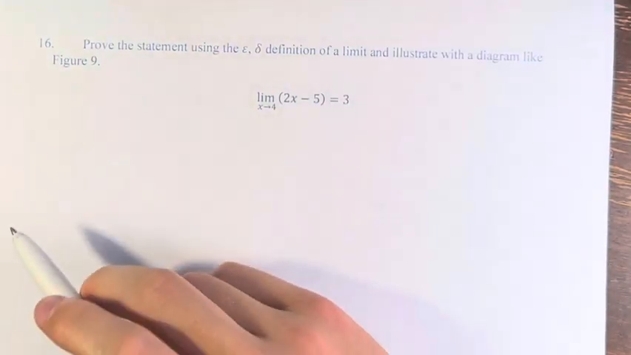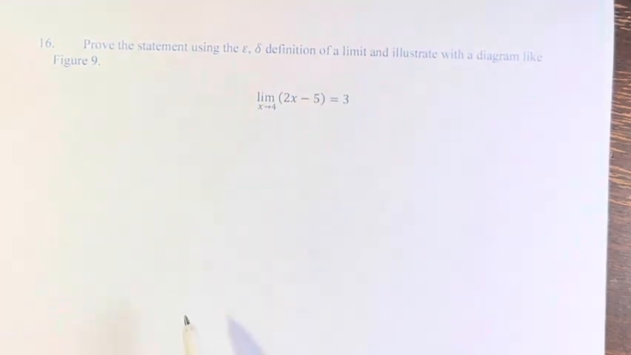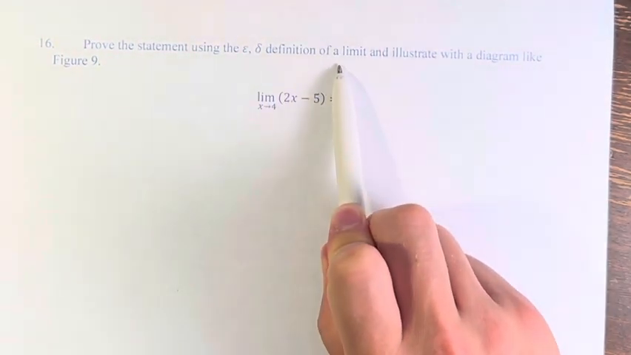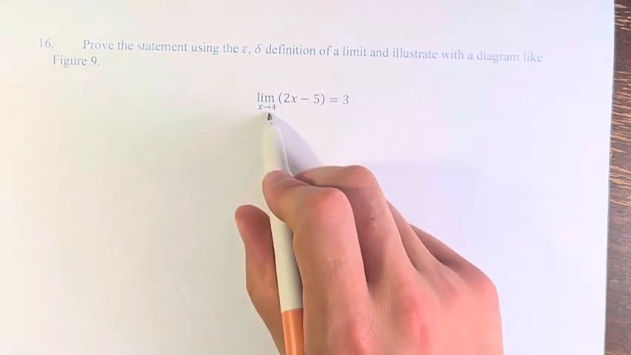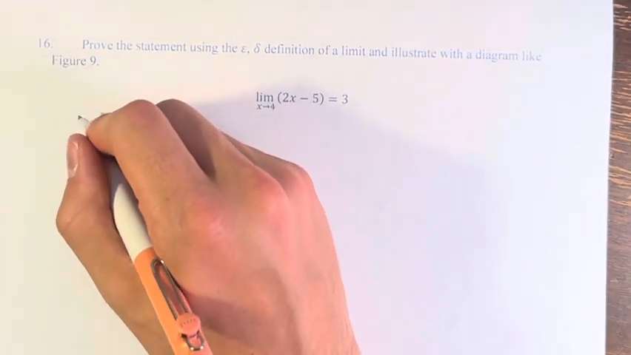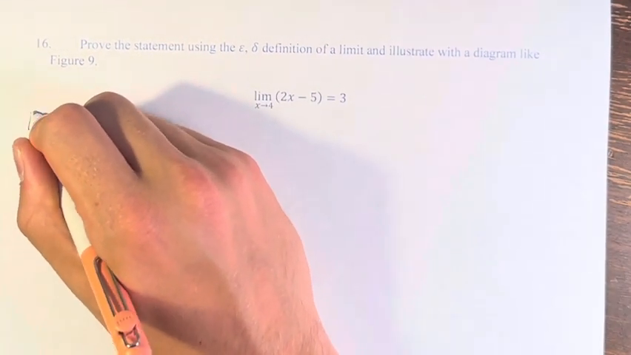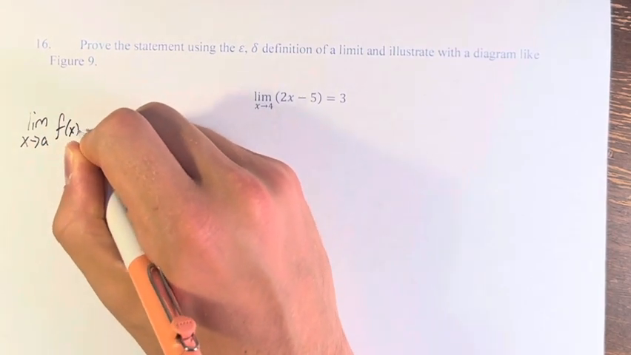In this problem, we're asked to prove the statement that the limit as x approaches 4 of 2x minus 5 is equal to 3 using the formal definition of a limit and by illustrating with a diagram. So if we have here the limit as x approaches 4, we are going to write this in terms of the precise definition of a limit, which states that the limit as x approaches a of f of x equals L